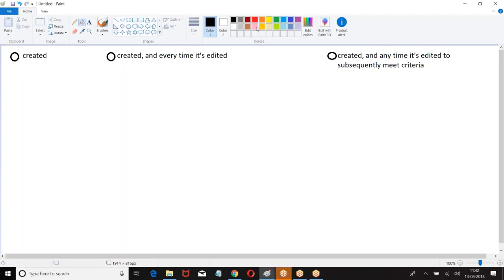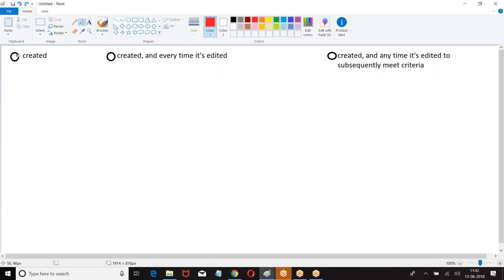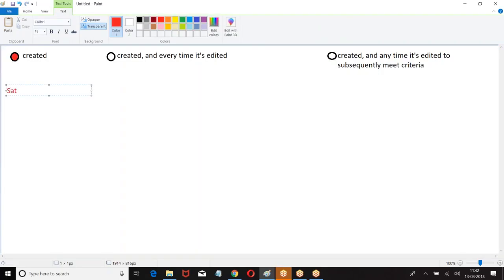Now let us say I selected this option. If you select this option, look at the point. I created a record, Satish 50,000. What happened? I created this record. When you create a new record, what will happen? Check condition. Then again, Satish 50,000 is modified to 80,000. Should I check the condition?